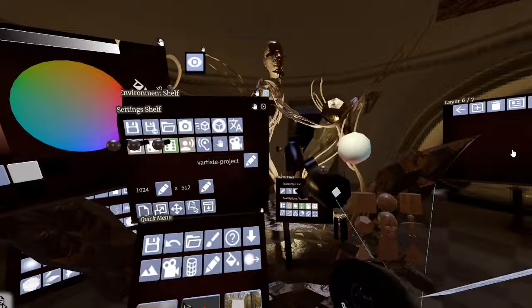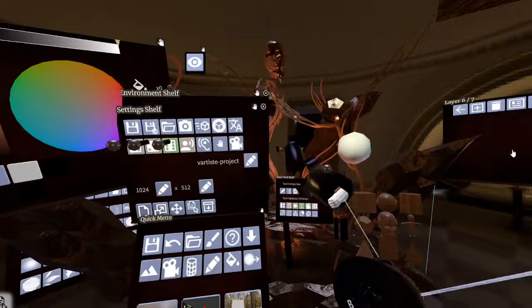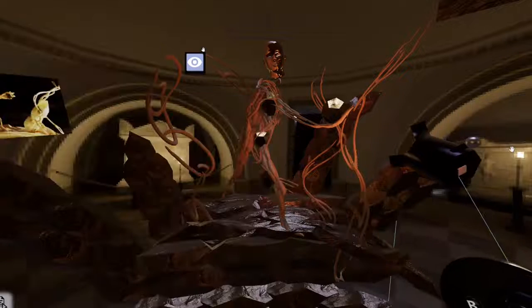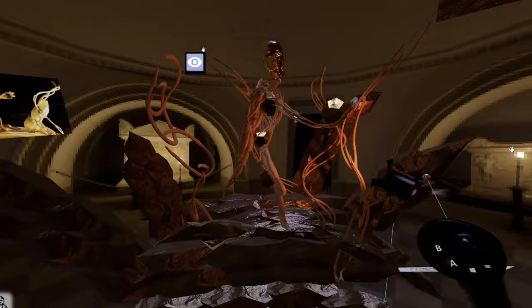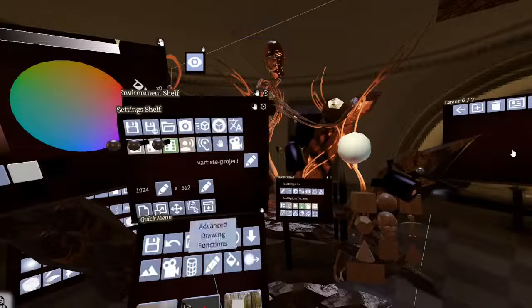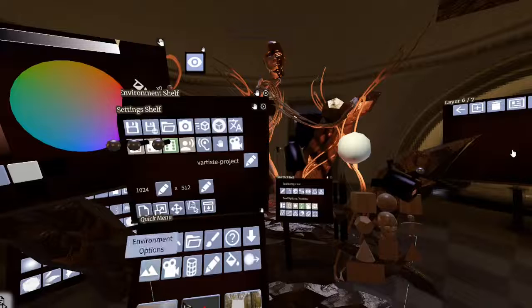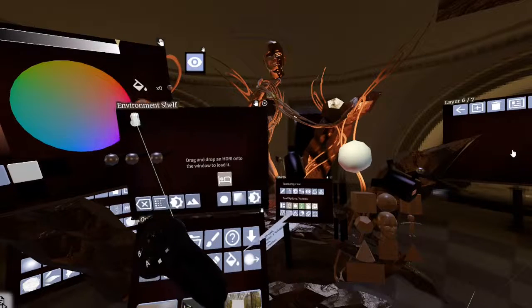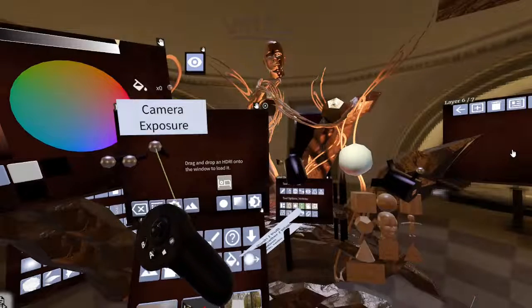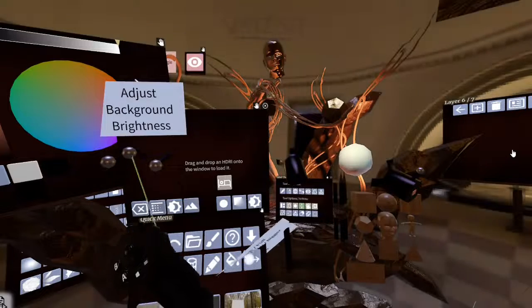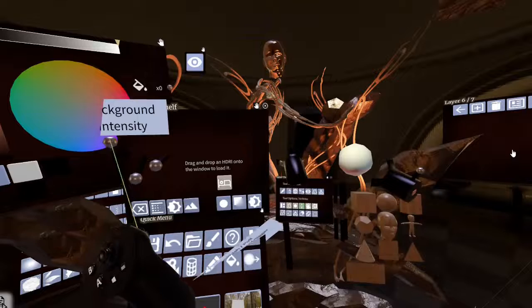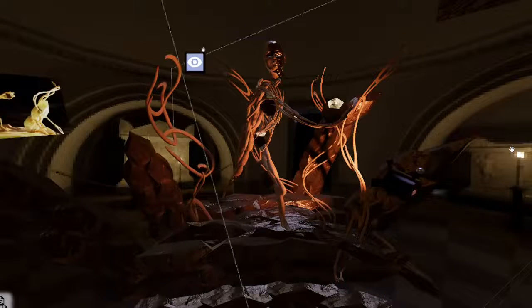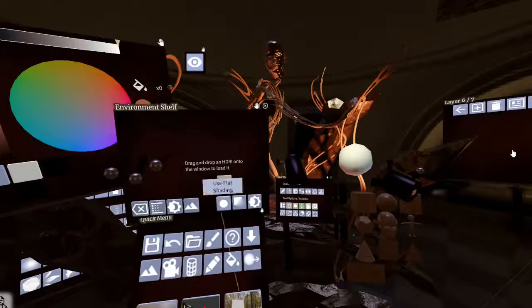You do that by just clicking on this color button on the back, and that changes the color to the currently active color. And you can just set up the light the way you want it. Let's see. We go back to our environment. We can change the camera exposure, modify the background brightness, and the background intensity. Let's see, it's a little bit like that.